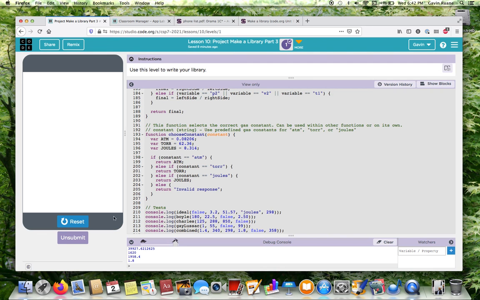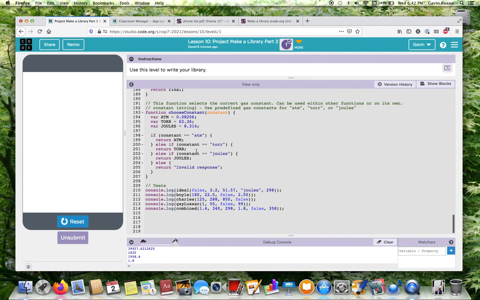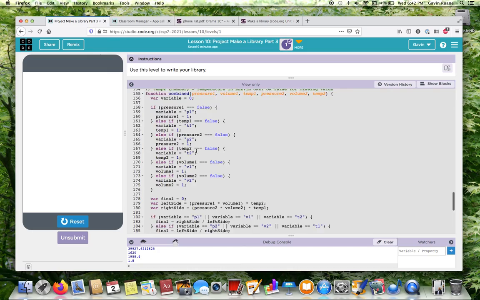So yeah, that's the gas laws library that I created. Apologies if it's a bit long, but I wanted to make sure I went through everything. So thank